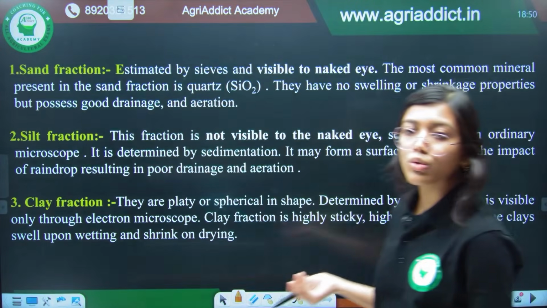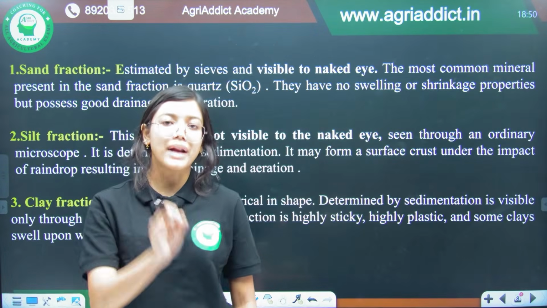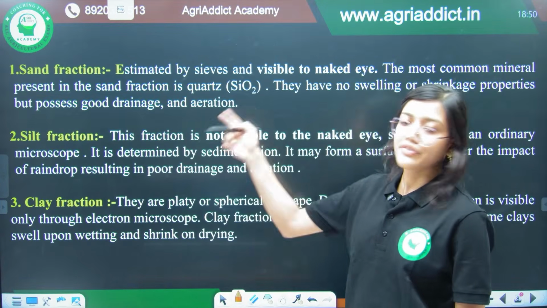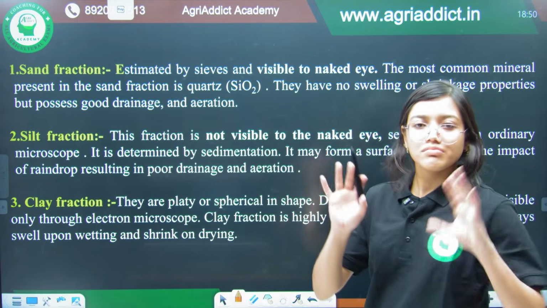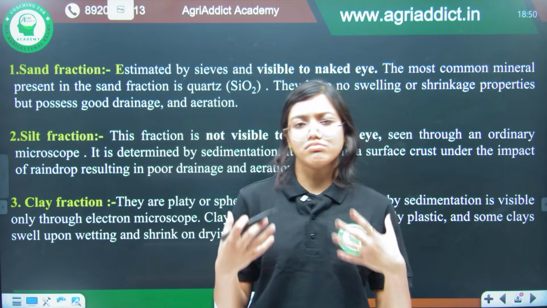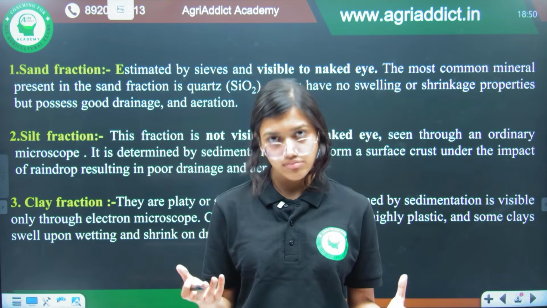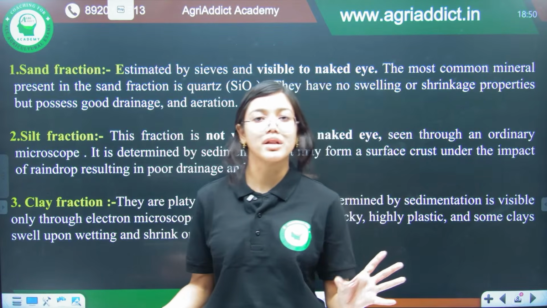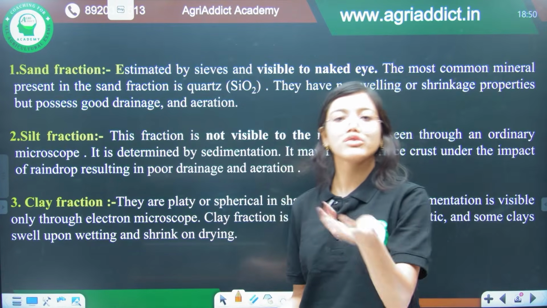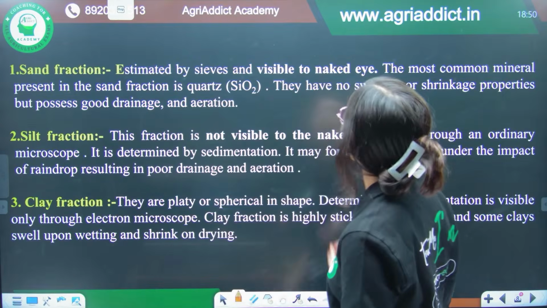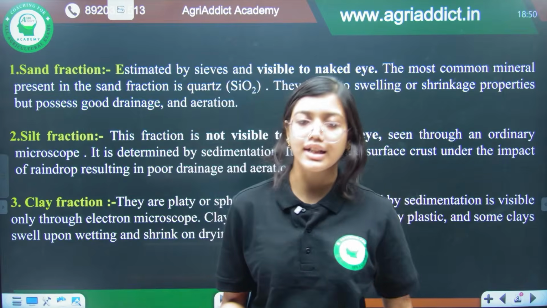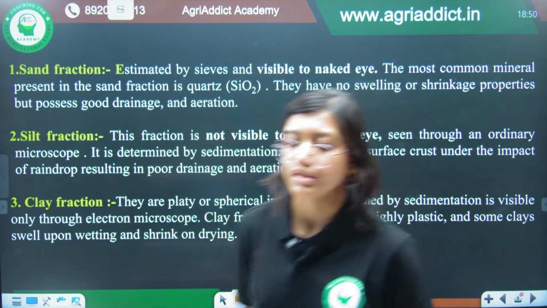So, let us quickly view what the properties are of these three primary fractions or textural separates of your soil. The first one is sand. Okay. So, mind you that gravel and stone and all those non-soil particles do not contribute much to the mineral density, but all these three particles play an immense role. So, the first one is sand. It is estimated by sieves. So, you generally take a sieve of 2 millimeter and then you sieve your soil, and it is visible to the naked eye. So, you can easily take one particle of sand and see it with your naked eye, and the shape will be roughly spherical. Okay.